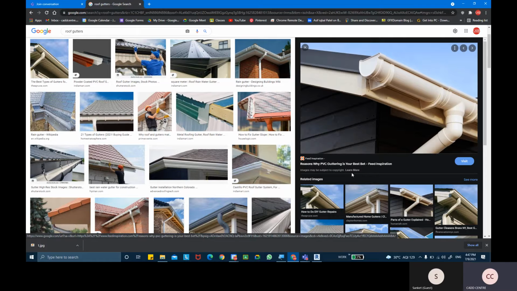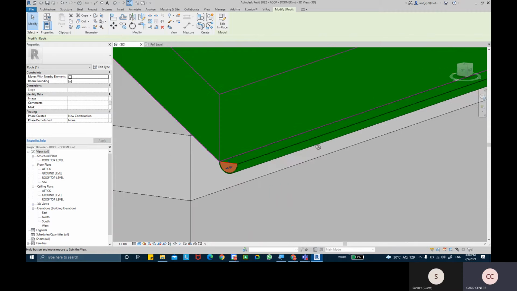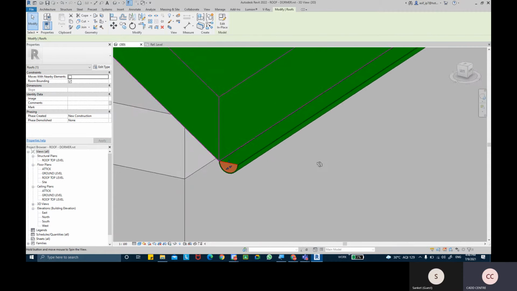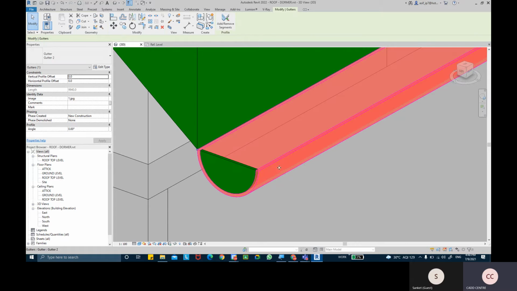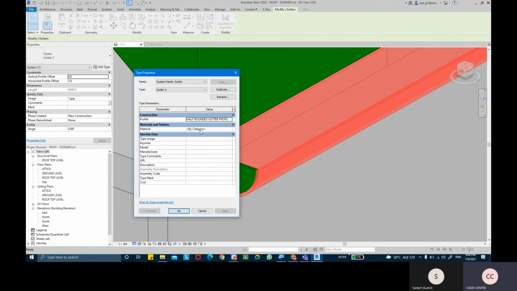And you can go ahead with the other software like SketchUp, or maybe you can do that in 3ds Max, and you can create this entire profile and get it over there. But in Revit, it's not possible. Okay, so gutters with your own profiles and the cap at the ends, basically. You can even give materials to the gutters. Maybe you want to give metal or PVC material. You can provide the material also to that gutters.